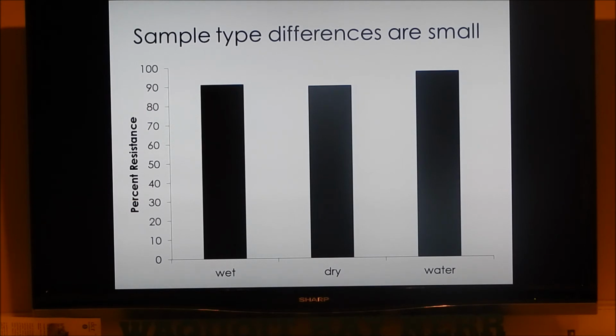So lastly, for graphs, I wanted to point out the sample type differences. So this is wet sand, dry sand, and water. And as you can see, they're pretty similar. But again, this is something that is counter to what I would have thought. Water is showing the highest amount, though granted by probably 2 to 3%. I would have thought that the sand would have, because in general, sediment has a lot of antibiotic production going on. So I would have expected those to be higher than the water. But again, it could just be different than what I was expecting. This could be just for that time period. Who knows? We have a lot of work left to look into these things.